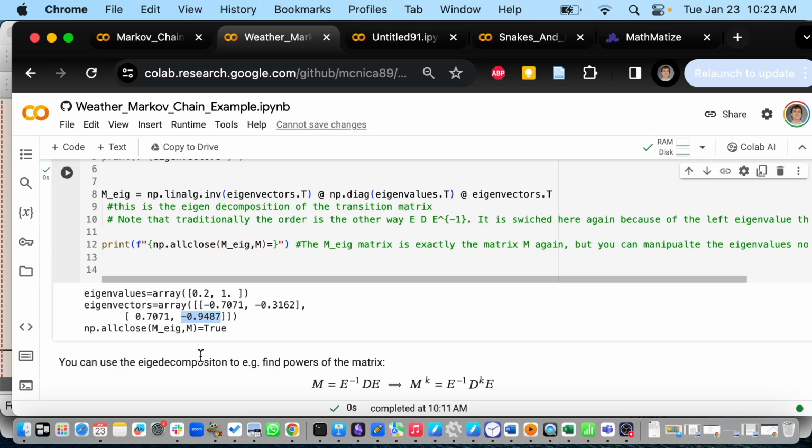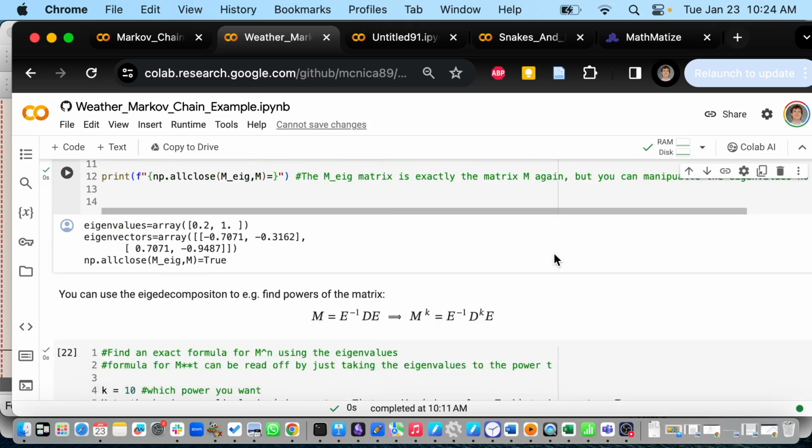So it's not giving you the exact things we had before. It's giving you scalar multiples. It multiplied them by 0.7. I think it is making sure that they sum square to 1. So 0.7 looks suspiciously like 1 over square root of 2 to me. So minus 1 over square root of 2 and plus 1 over square root of 2. In any case, you can reconstruct the matrix M by using its eigenvectors, with the kind of formula we had before: eigenvectors times the diagonal matrix times the inverse of the eigenvectors.